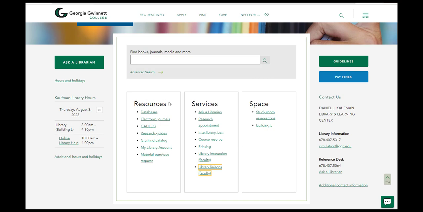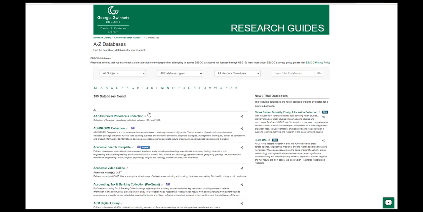So there's a lot to be covered here. If you would like to go in and look and see which databases are available here at GGC, you can click here, and this will generate our list of A to Z databases. So currently we have 253 databases. This can fluctuate, so sometimes we are adding databases and different things,